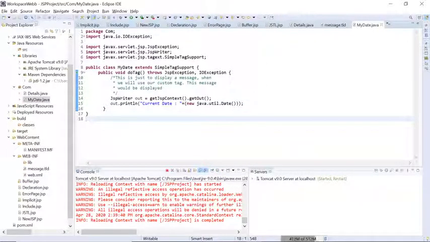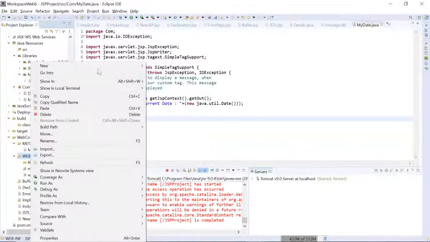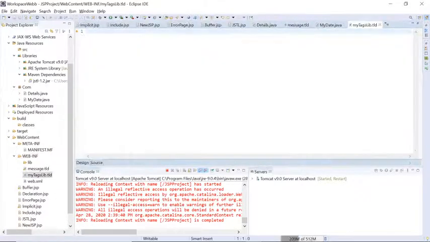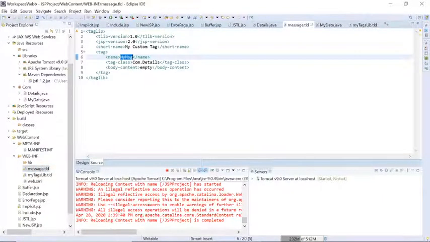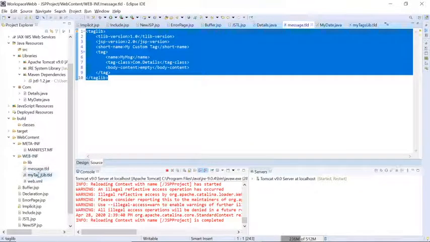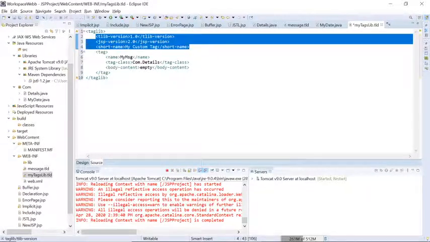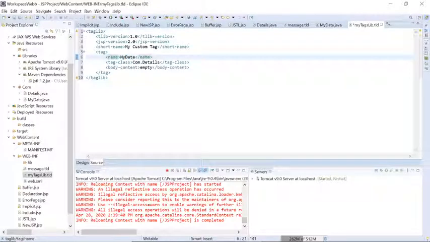Now we will check whether it will work. Yeah, we have created the class. Now we have to create the library. So how can we create the tag? Go to web content, under web content WEB-INF, right click on this one, and create a file like my tags library, with TLD as the extension, and give finish. To make it easier, I just copy paste this one with Control V. This version will be the same, only my date I am using. My date, what is the class?